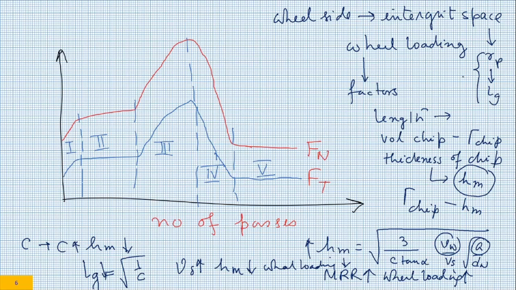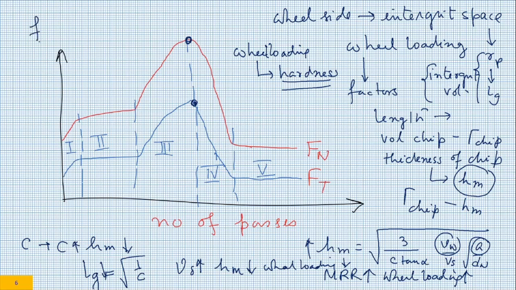is the intergrid volume, the expression for which we haven't determined today. There is one more interesting thing which happens with wheel loading, which is your hardness. Your hardness affects where the auto sharpening will take place. Would it take place after lot many passes, or would it take place only after few passes?